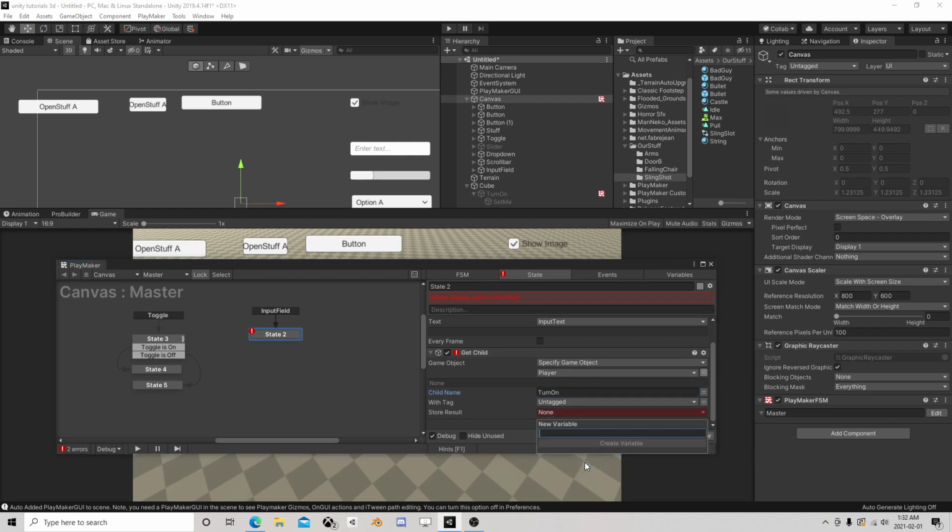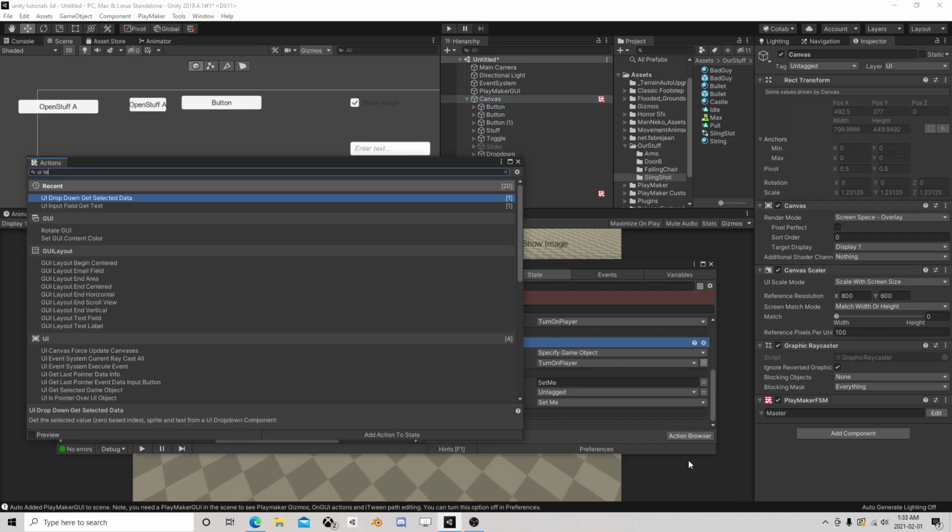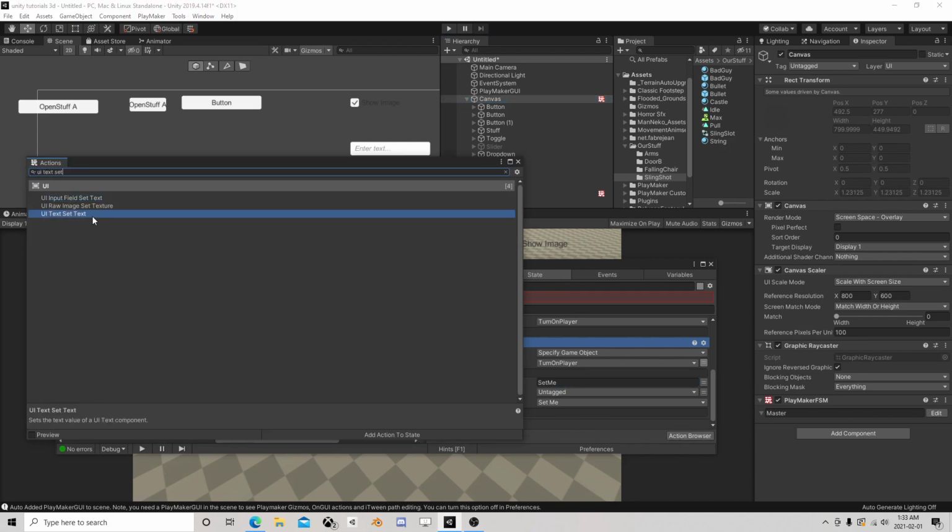It's untagged, and that's the turn on player thing. And I'm going to duplicate that. And of the turned on player, we're going to get a child called set me, and then we can UI text set text